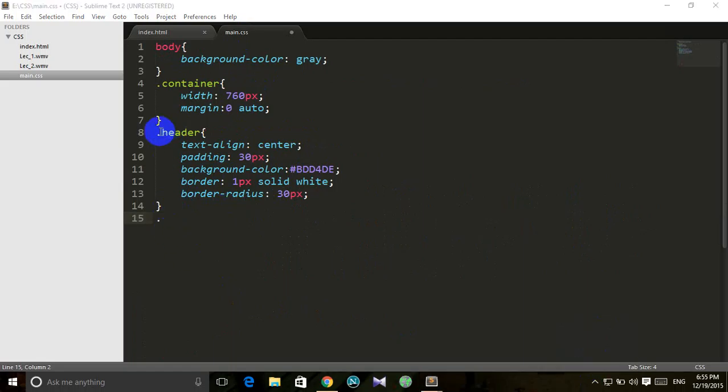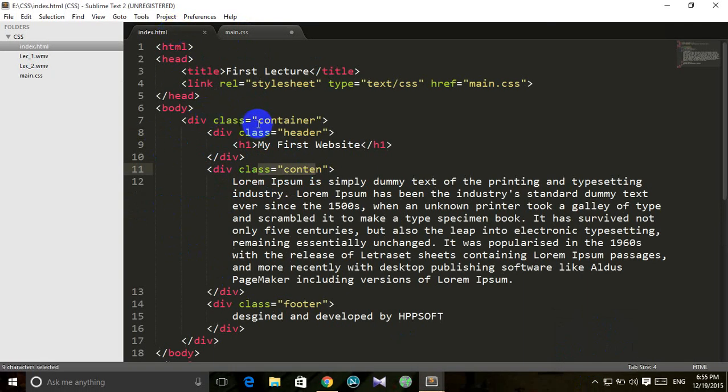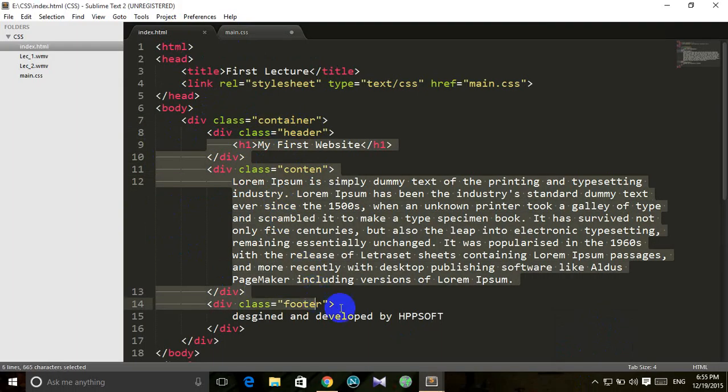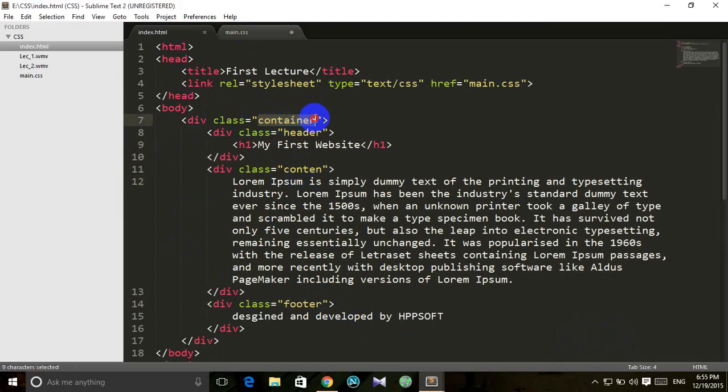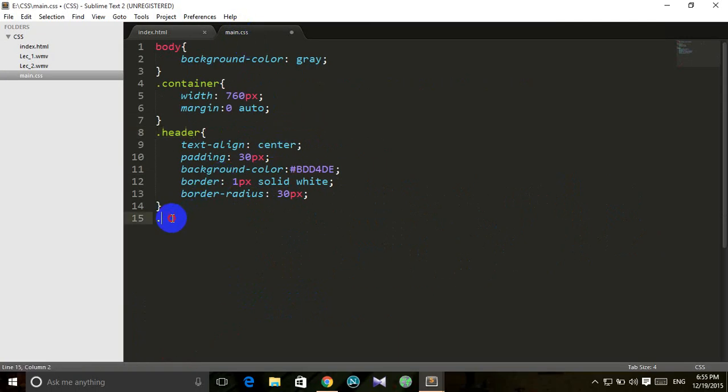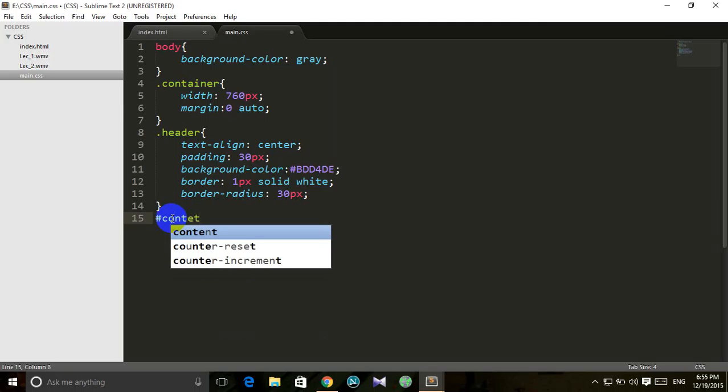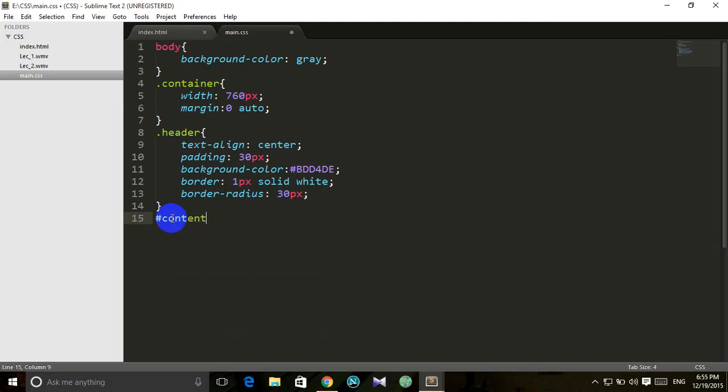Now what the class selector does is that using a class we can select multiple things. It means that I have used the container name here, and I can use it over here as well. But if we use an id, then we cannot use it anywhere else. So let's change the content to an id, not a class. So it's now an id. Now to use an id we use a hash, not a dot. So hash content